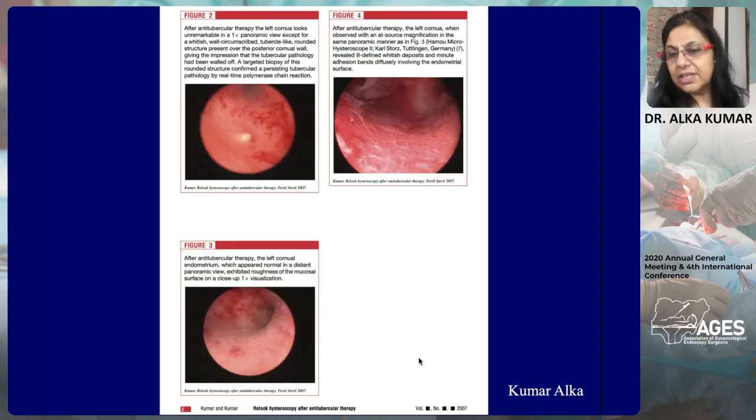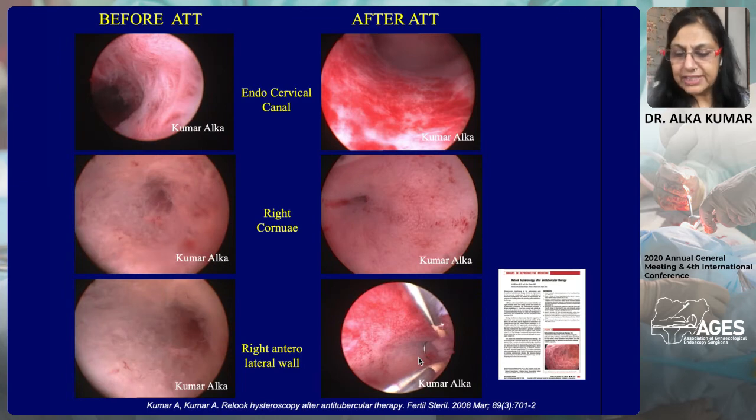So we started to do relook hysteroscopy after antitubercular therapy, one of our publications in Fertility and Sterility. This slide is very interesting because it has images of the same patient before antitubercular therapy and after antitubercular therapy, when we did a relook after 6 months. So you have the endocervical canal, and in the endocervical canal you can see that it's got scar tissue, while later on when we put the hysteroscope after 6 months of ATT,